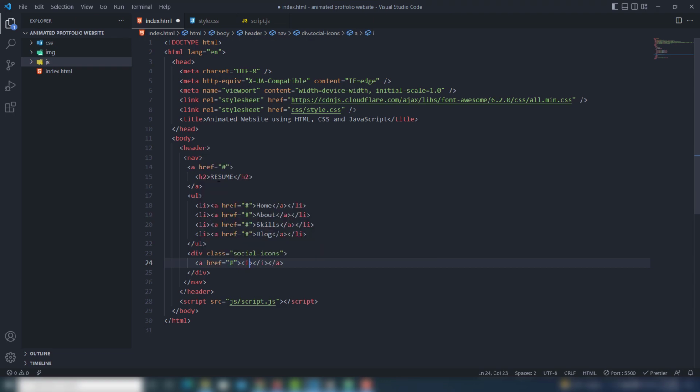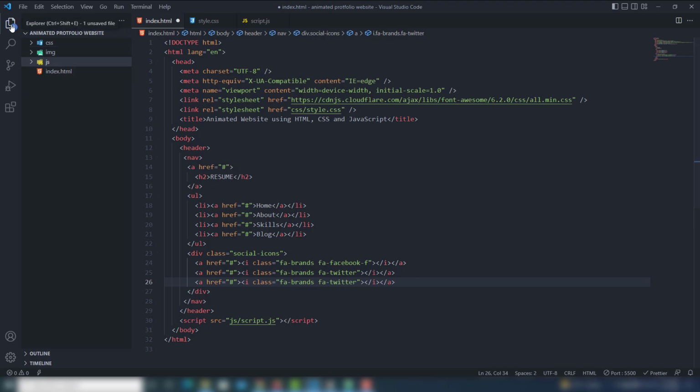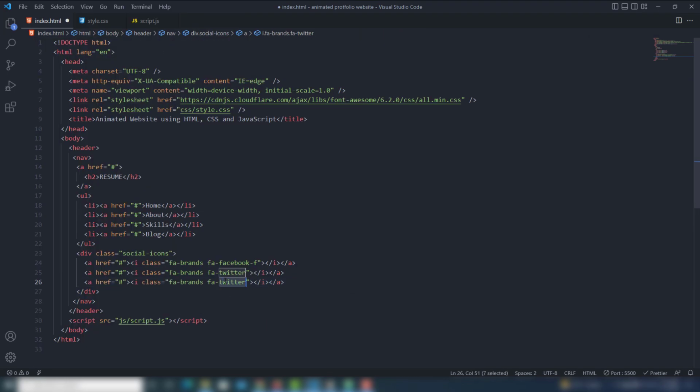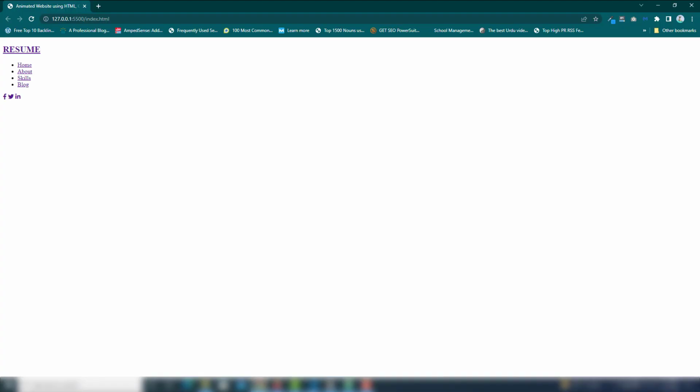Inside the anchor link I'm going to add the class fa-brands fa-facebook, and the second one will be fa-brands, this will be Twitter, and this will be LinkedIn. So let's see the output of this one. I already opened that, right? So perfect, as you can see, guys.